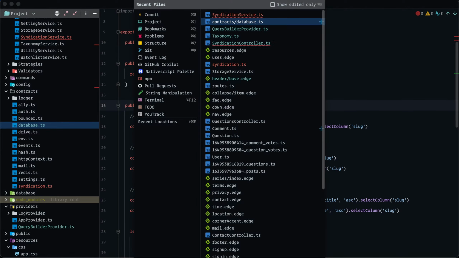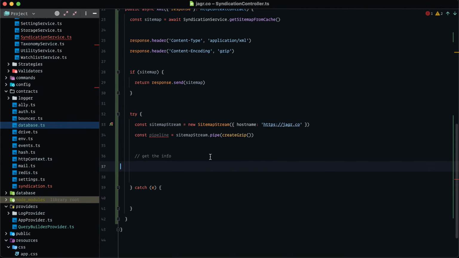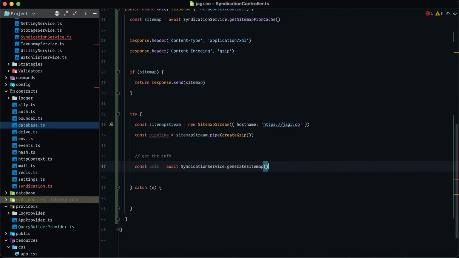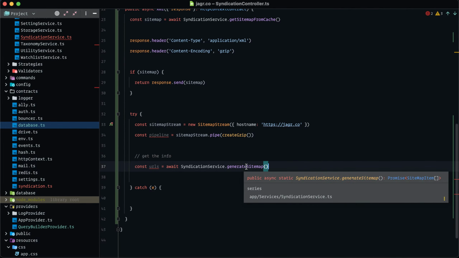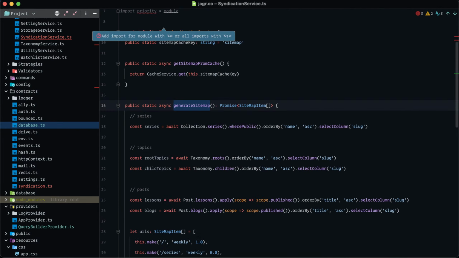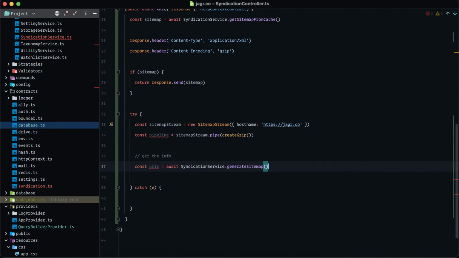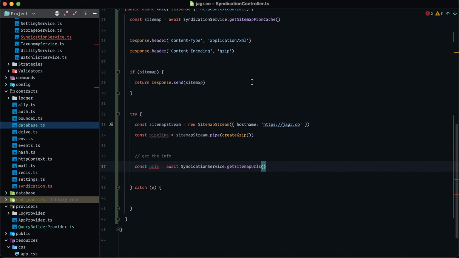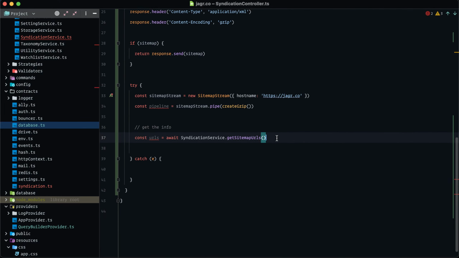So now we can call our generate sitemap from our syndication controller. So this would be something like const URLs equals await syndication service dot generate sitemap. It'd probably make more sense to do generate sitemap URLs. Get, yeah, I like that better. Get sitemap URLs. Okay, because you're not actually generating the sitemap in there. You're really not generating it until you actually create the XML items. So